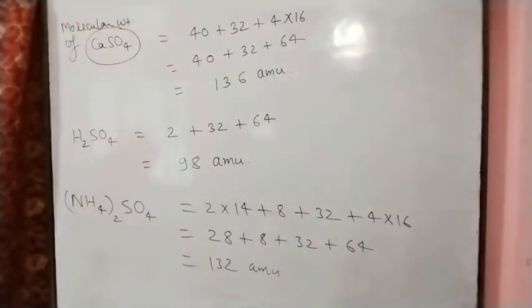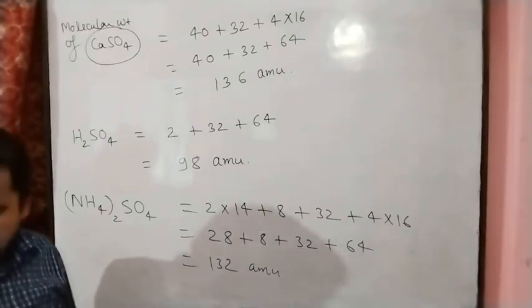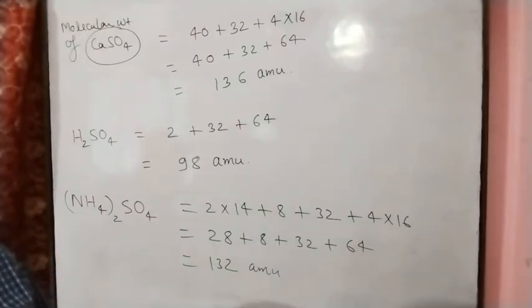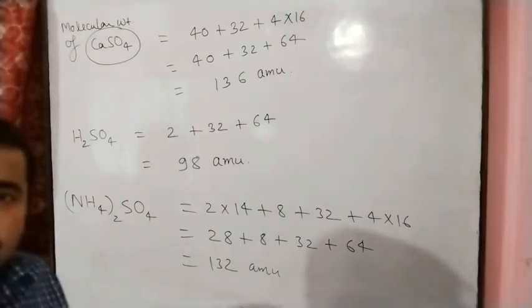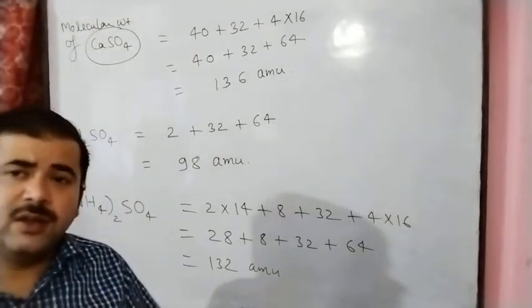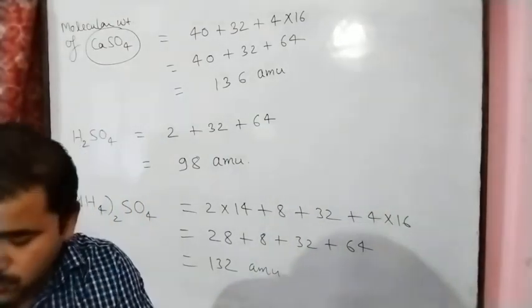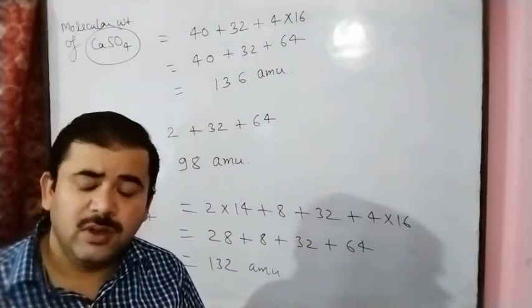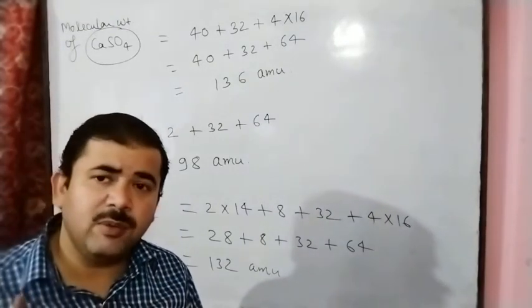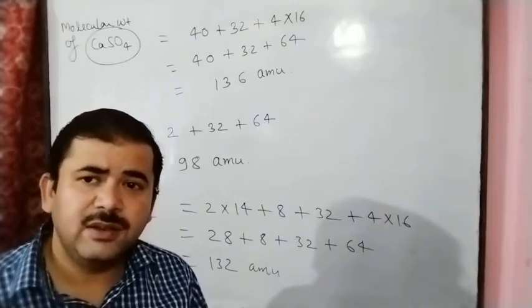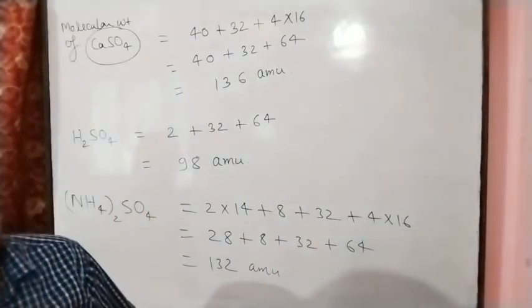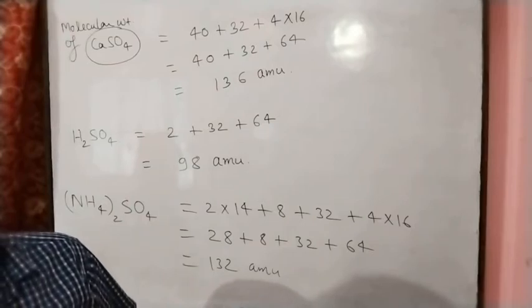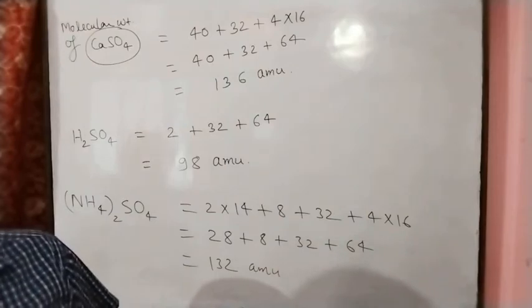So these are the molecular weights of different compounds. After this, for your practice, calculate the molecular weight of sulfur dioxide. We can determine: 1 atom of sulfur present and 2 atoms of oxygen. One atom of sulfur mass 32 and 2 atoms of oxygen, one atom of oxygen mass 16, so 2 into 16. So we can get the total. Then after that Na2CO3, then calcium nitrate. Easily you can determine, no doubt in these.